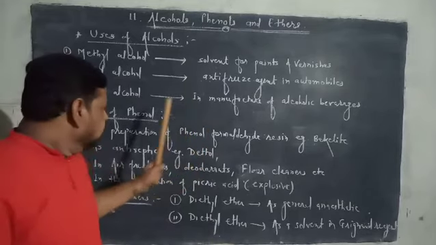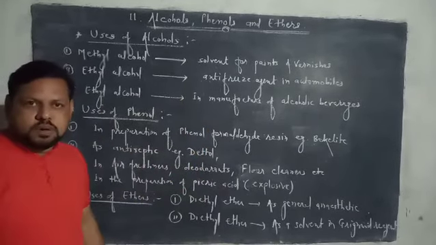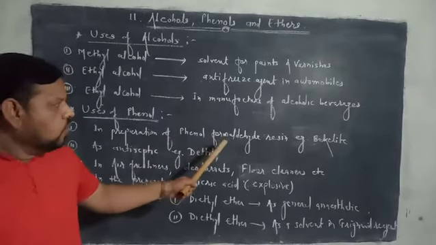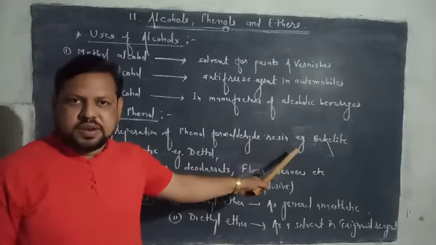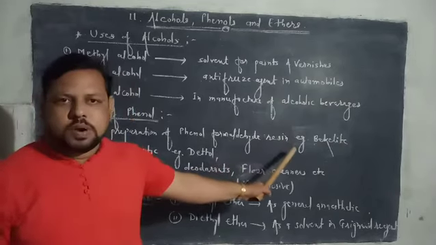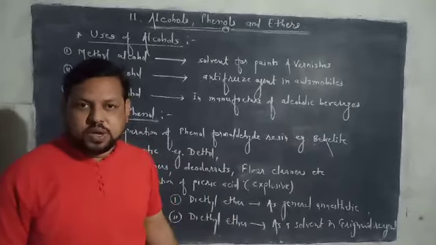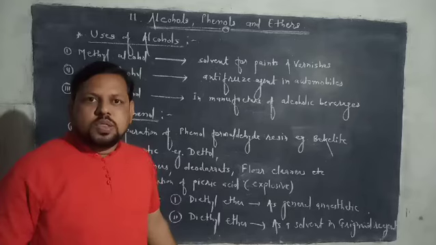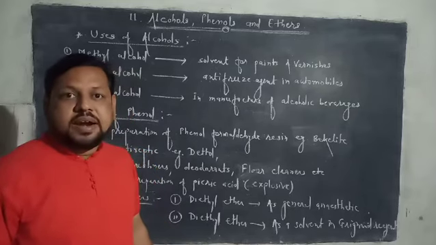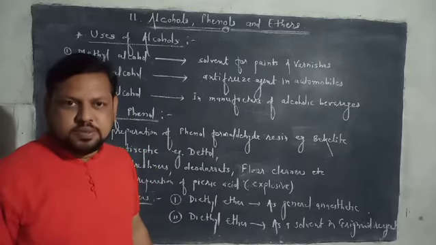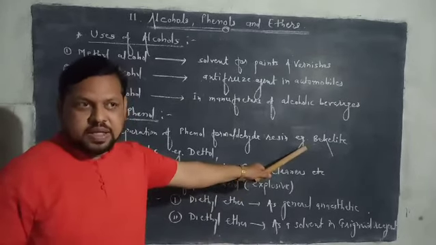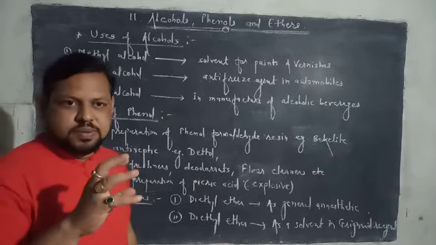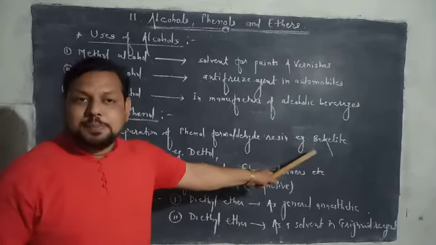Okay, then uses of phenol. This phenol is used in the preparation of phenol formaldehyde resin, and the example of phenol formaldehyde resin is bakelite. Okay, this bakelite, as you know, the handle of a cooker is prepared from this bakelite. Okay, then another example, the black color button, it is also the bakelite. Okay,